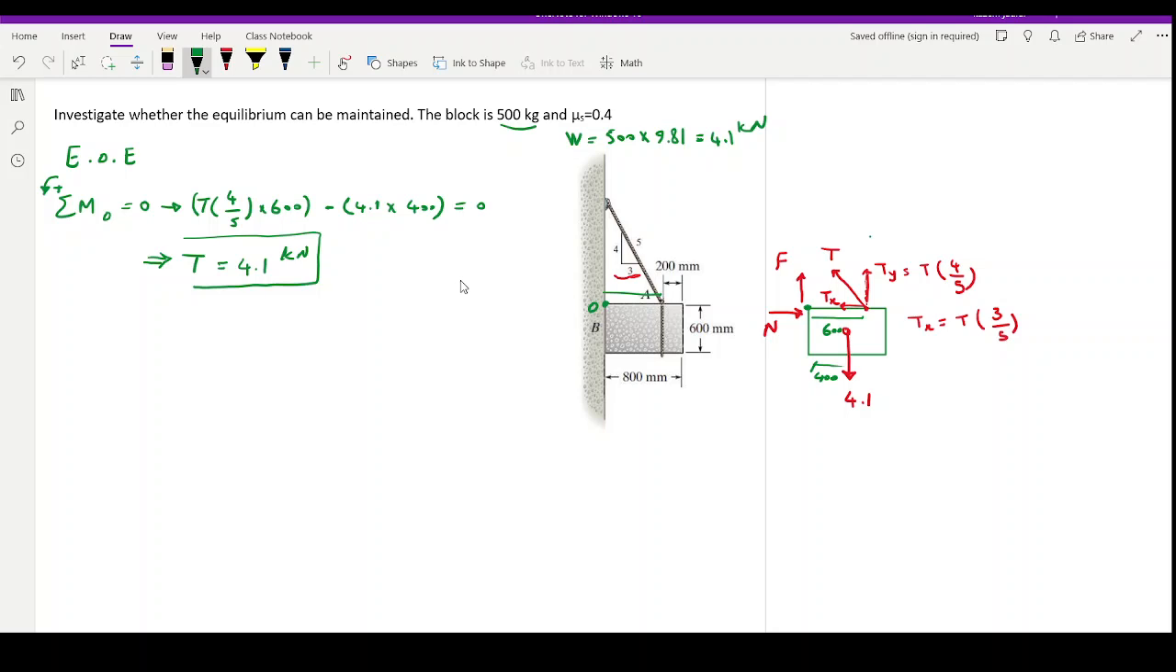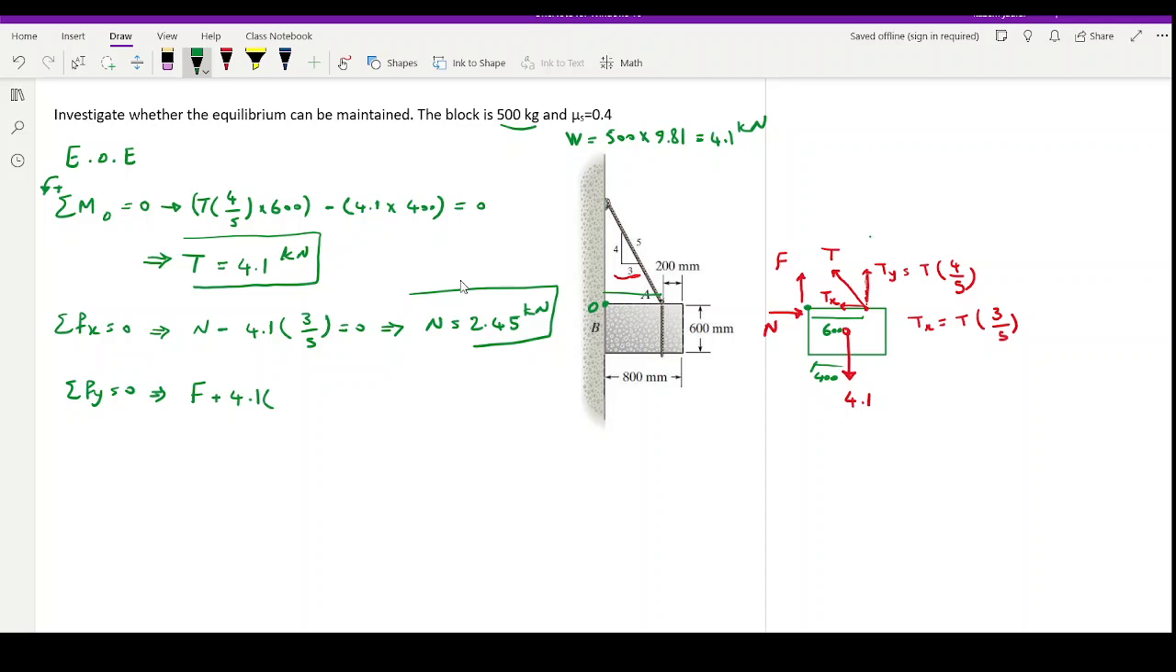Now this is T. Then if I write sigma Fx is 0, I can find N from there. N minus Ty that I calculated, 4.1 times 3 over 5, is equal to 0. That means that N is equal to around 2.45 kilo Newton. I calculated N as well. And I write sigma Fy is 0. Therefore, F plus Ty, which is 4.1 times 4 over 5, minus 4.1 is 0. From here, F is equal to 4.1 minus 4.1 times 4 over 5, and that's going to be around